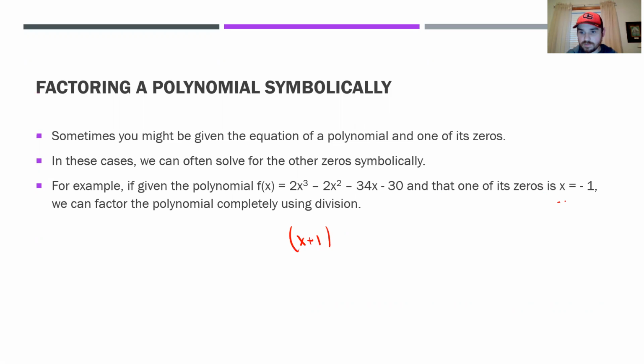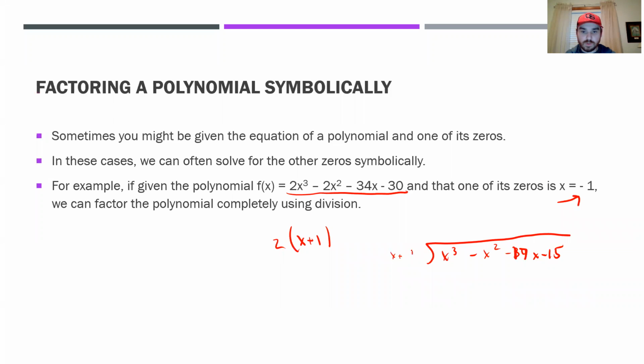We've got a zero of -1, so we know we have this as one of our factors. We can also take out the 2 right away. We're going to have a 2 over here, so we can divide everything by 2. That's going to save us just a little bit of time. So when we do that, we'll now have x cubed minus x squared minus 17x minus 15. And then we're going to divide this whole thing by the one factor that we know, which